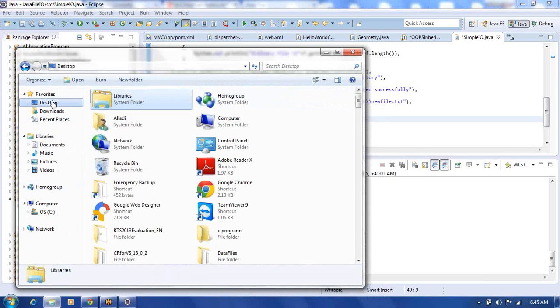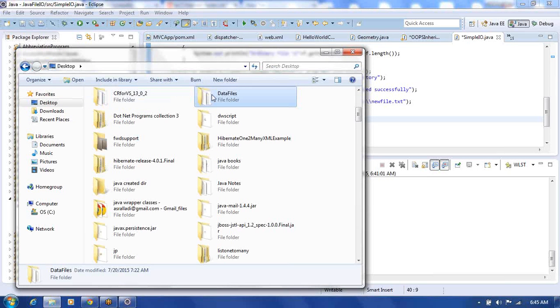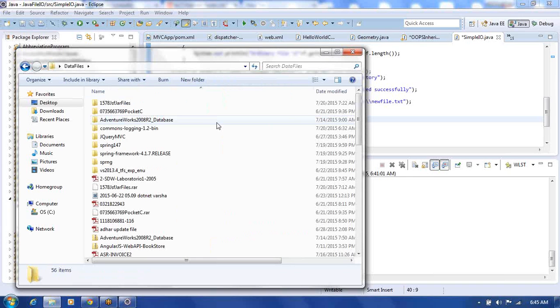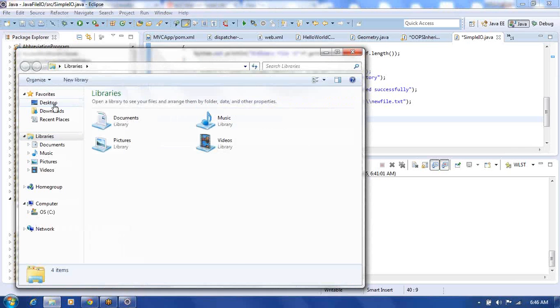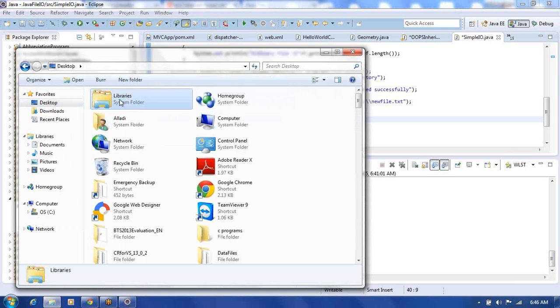If you go to desktop, it is data files. In the data files, I don't have any such file. Okay, it's not data files. Where exactly did I keep it? That one is going to be C programs. In the C programs, that file. So you will have the new folder there. Yes, we only have a folder, there is no file inside that. I am looking for the